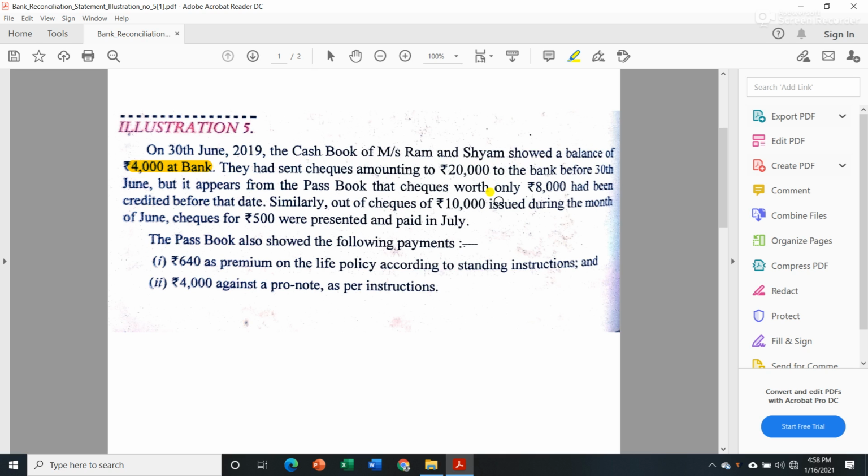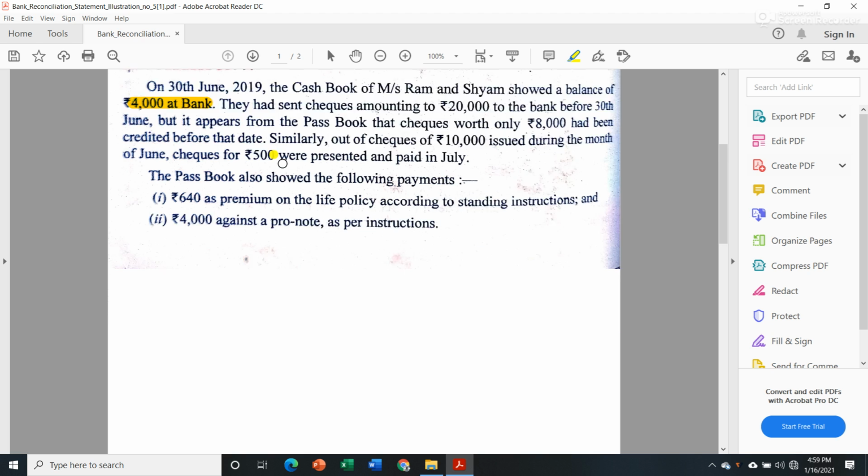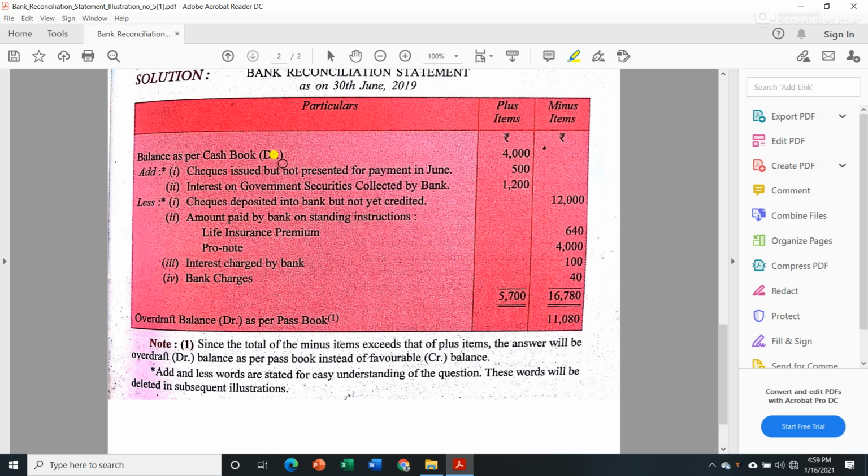Okay, now at the starting let us see the balance. The balance is showing then 4000 at bank. That means it is according to passbook. So when we say favorable balance as per cash book, it is nothing but debit balance as per cash book. Okay, but when we take favorable balance as per passbook, it means credit balance as per passbook. So in the answer we will write